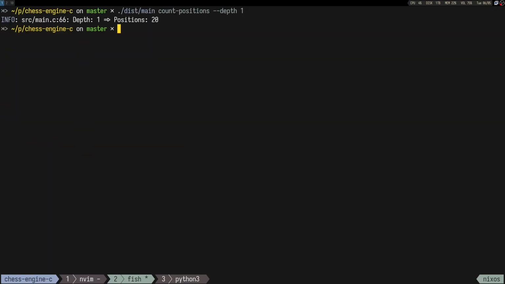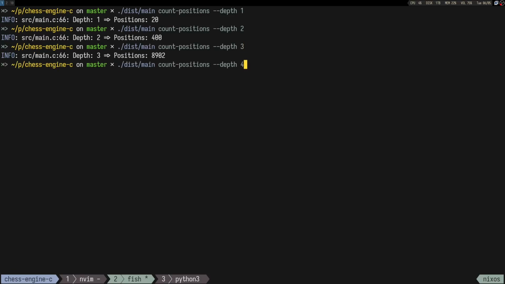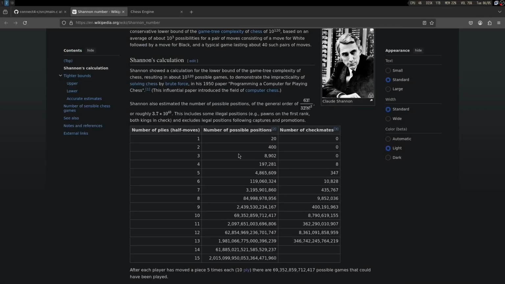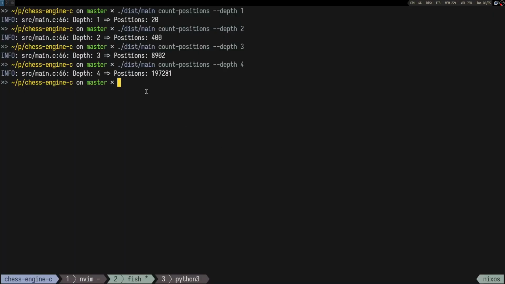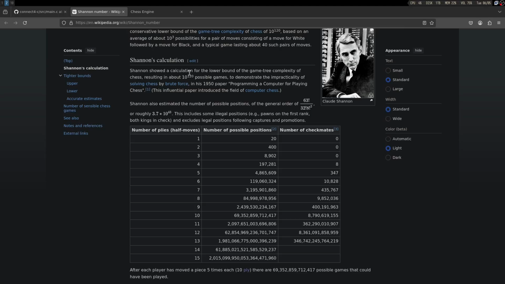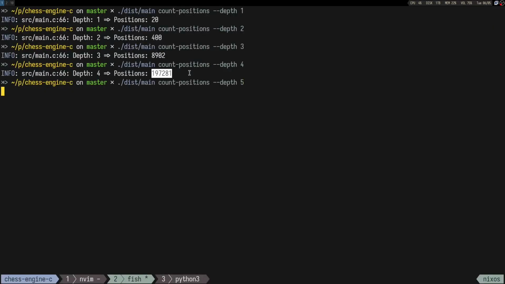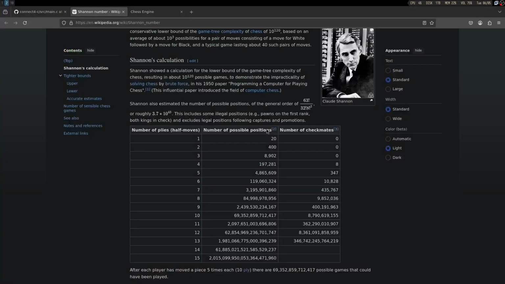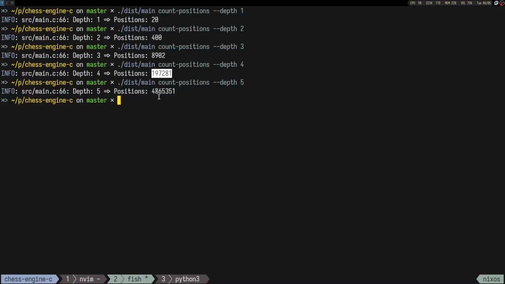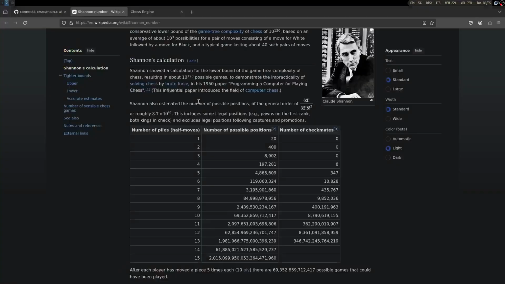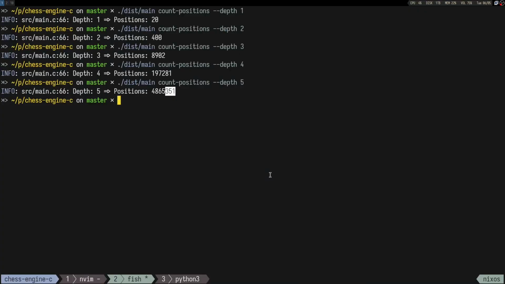So let's check again with a depth of 1, 20 positions, 400, 8 something something, and then 197281. We are getting there, boys. We are getting there. And then with the depth of 5, see, it's much slower though. And we get 4865, and we have